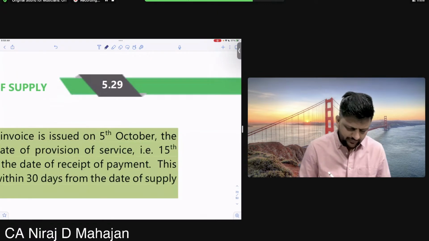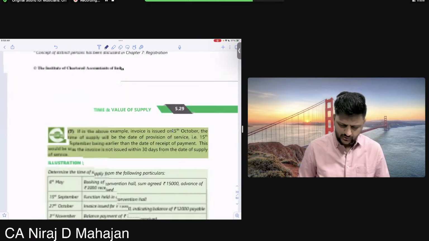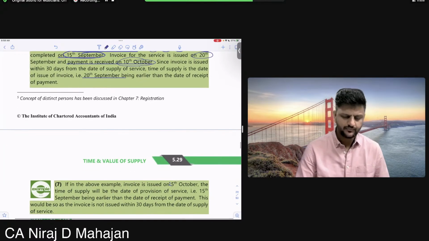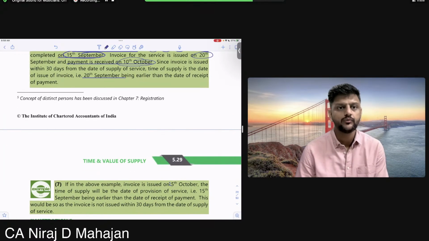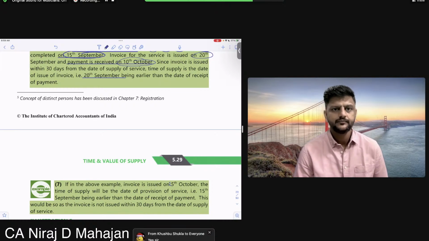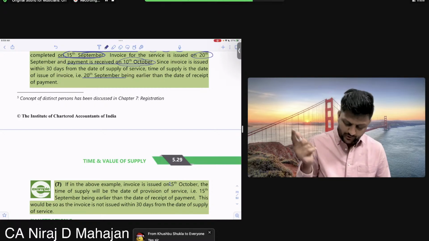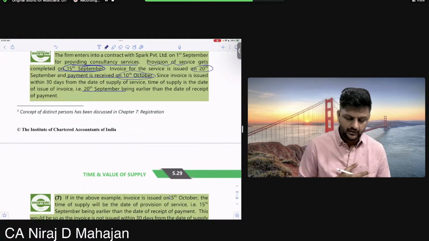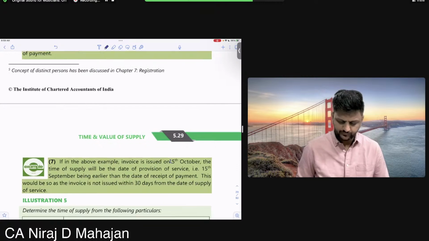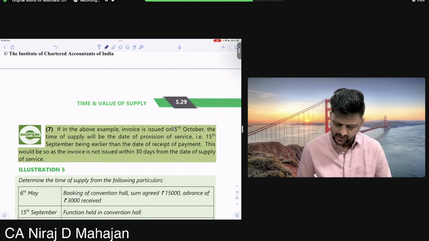Okay, make it 25th October. Okay, there's a wrong example. Change the dates over there. Don't make it 5th October, otherwise again we have issues. Okay, all of you, make it 25th October. Chalega? Now, therefore, date of provision of service, what, bachcho? 15th September, or date of receipt of payment, 10th October. Yes or no? Clear or no? Make a change over here.